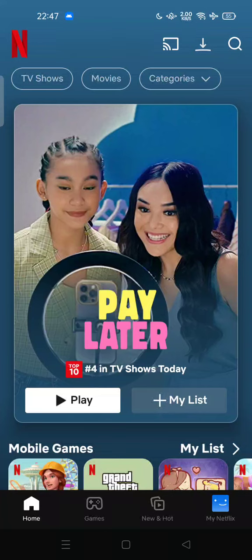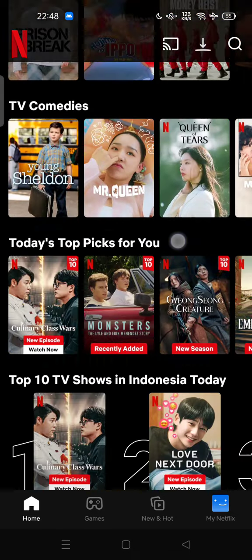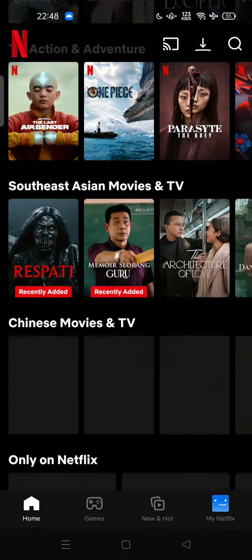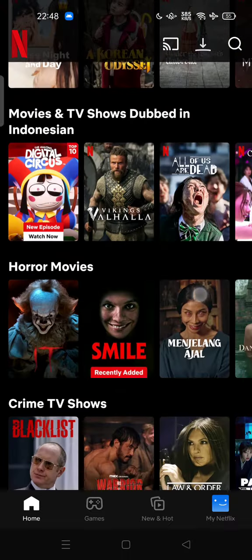Today I'm going to show you how you can check your network on the Netflix app. So if you have trouble when you try to play a movie or series on Netflix, and your Netflix is always buffering, you can try to check your network on the Netflix app. Maybe there is something that prevents your Netflix